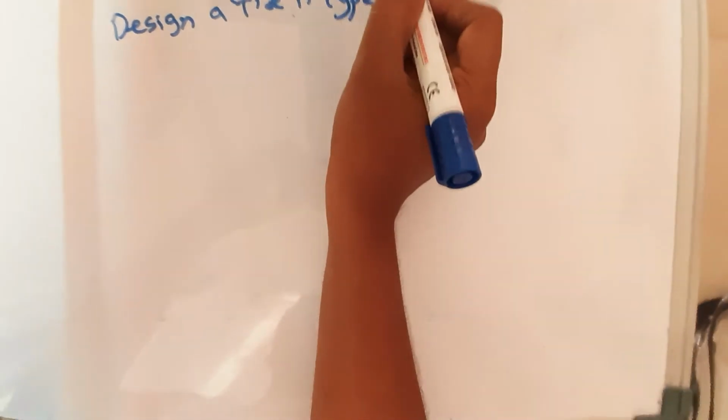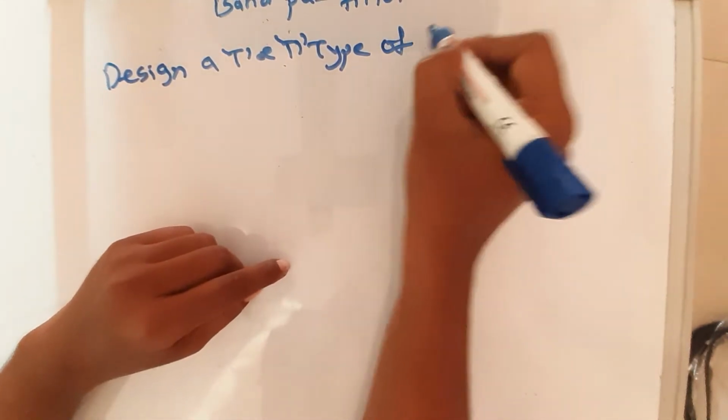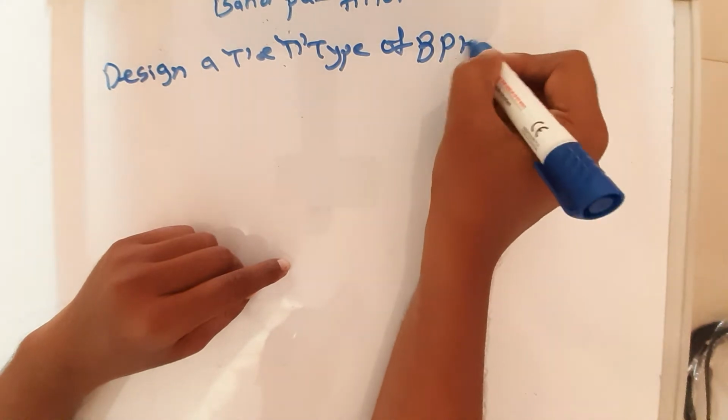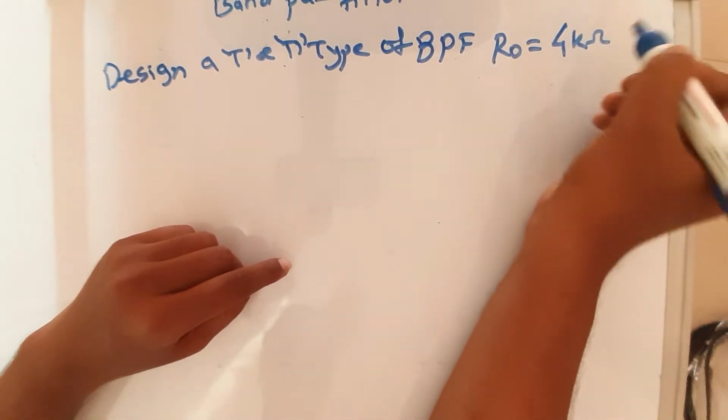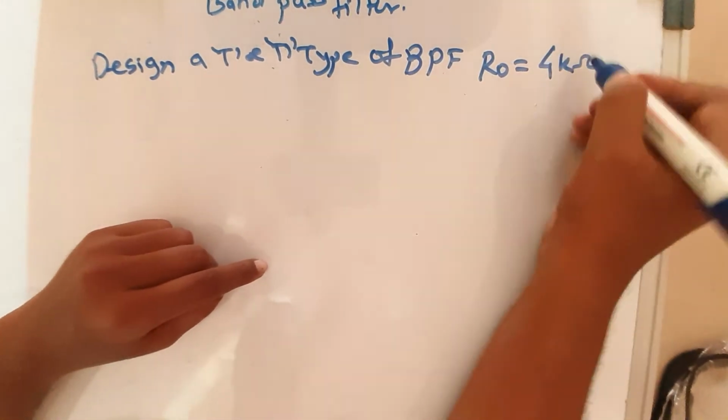So design a T and pi type of band pass filters. Student will write: design a T and pi type of band pass filters having R0 equal to 4 kilo ohm and